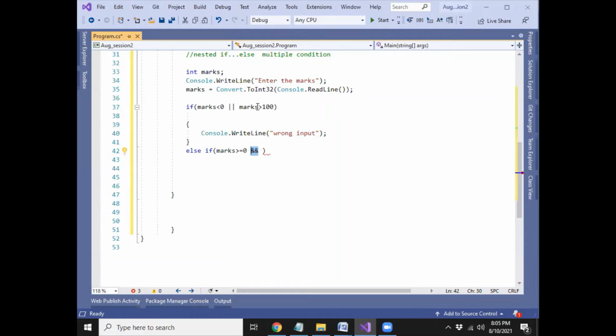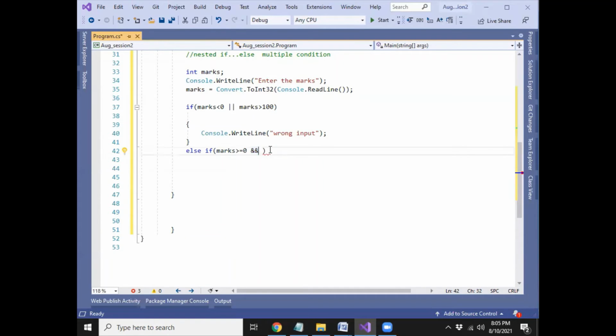Here in the OR operator, any one condition is going to be true or one condition is going to be false. For that purpose we are using the OR operator. One true, one false, that's okay. But here if you are using the AND operator, that means both conditions should be true, then only it will execute this statement or block, otherwise not.